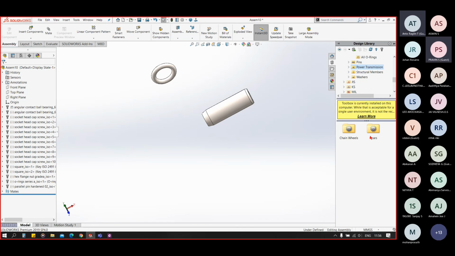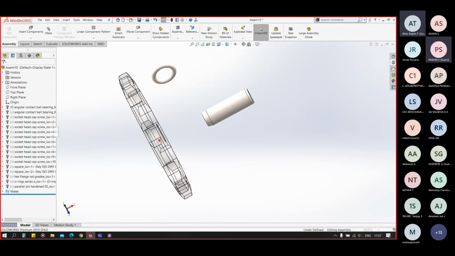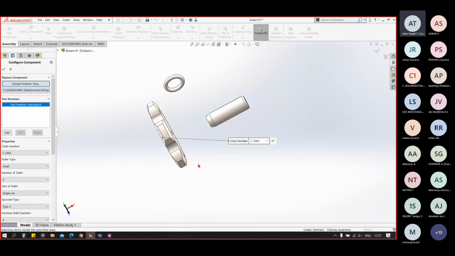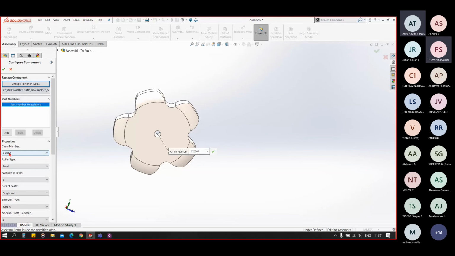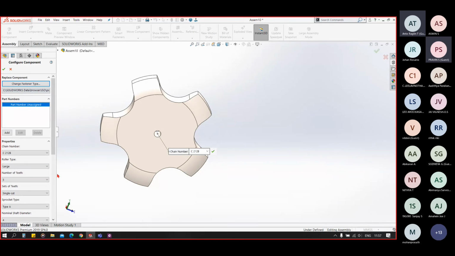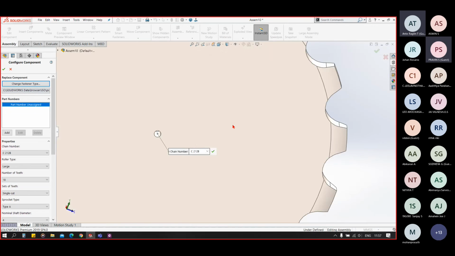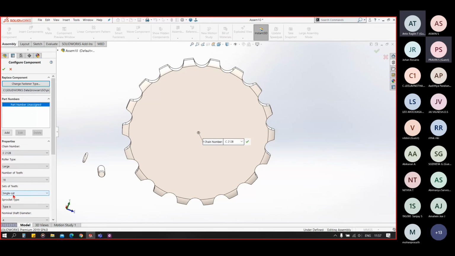Now we have already seen the gears. Let's now see the chain wheels. In the chain wheel we also have some more types. We'll see the first basic type only. We have our chain number here. We have small roller type, small or large. Number of teeth here. You can see like this.